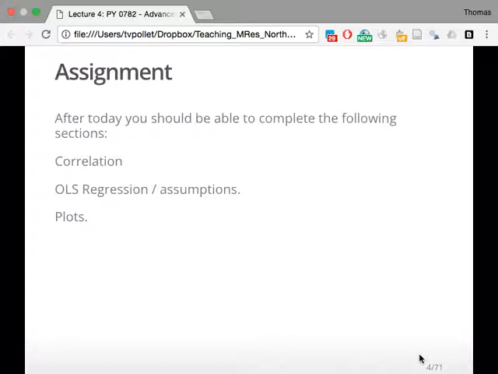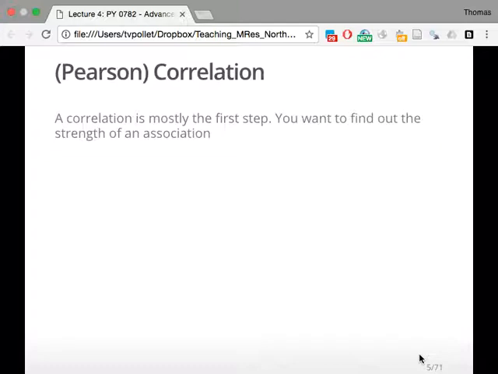So that's similar to what you would do in this exercise and also in class, and a bit about logistic regression, which is towards the end of the first assignment. So, correlation, you might have used correlation as well, and mostly it's the first step. So you want to find out if there's some type of association between variables. So usually it's not the end result in which you end up with your thesis, but usually it's the first step,